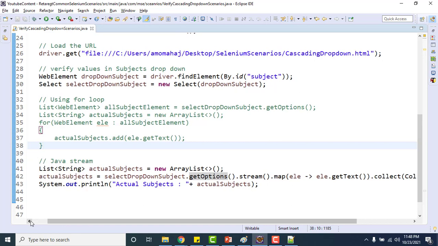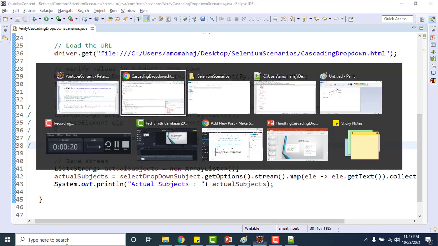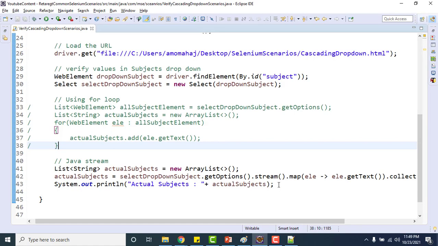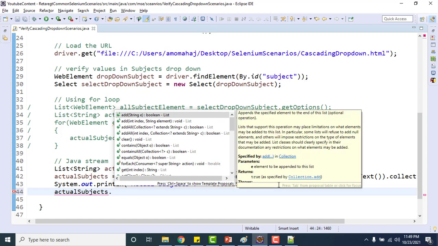Now the thing is, what I want to do: how can I assert that these options are the same as whatever we are expecting, right? What we are expecting is that it should have front end and back end, right? And we have one select subject option which I can remove, so let me remove it now itself. What I will do, actual subject. Okay, so that is always coming as first, right?